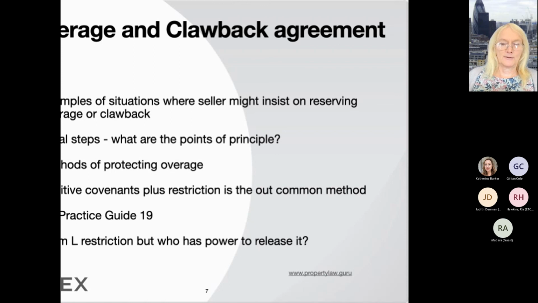So I buy the land from you subject to potential overage of £1 million, then I have to pay SDLT on the £2 million I pay for the land now and the £1 million I might pay in the future, which seems very unfair, but that's what the Finance Act says, and we'll look at that later.